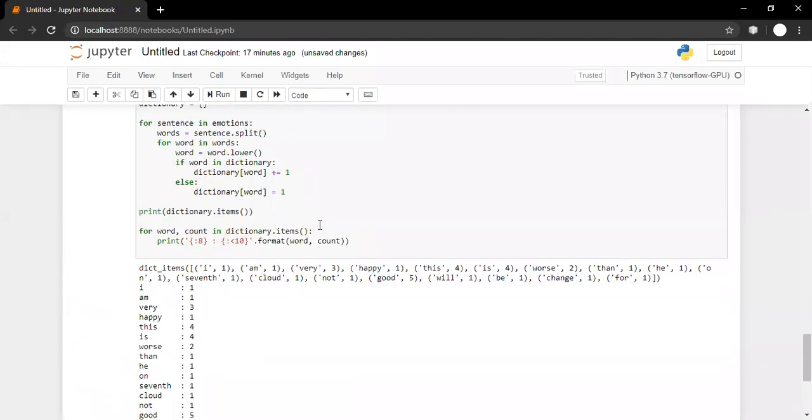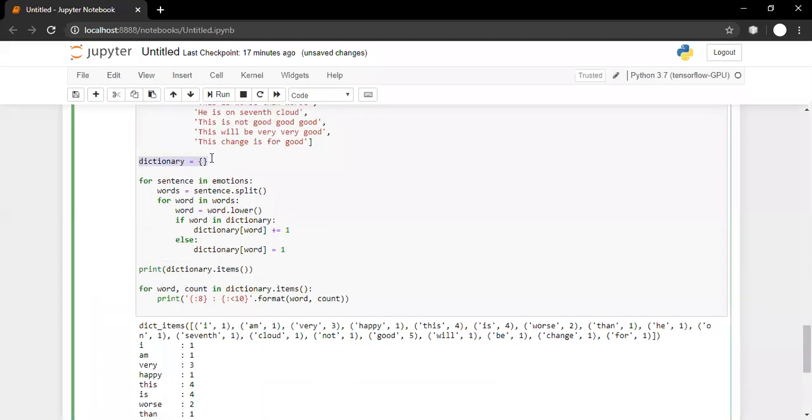Anurag, see, initially our dictionary is empty, means there is no word in the dictionary. Am I right? Initially, the dictionary is empty. So if we are checking whether a particular word is in the dictionary or not, this in keyword will return false. Why? Dictionary is empty, means nothing is there. It will go into the else part. In the else part, what are we saying? We are adding that word to the dictionary with a value of 1. Means what? That word appeared once.